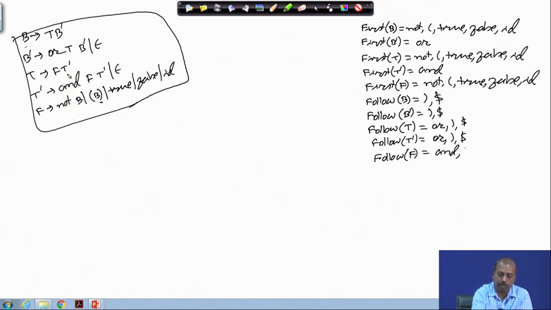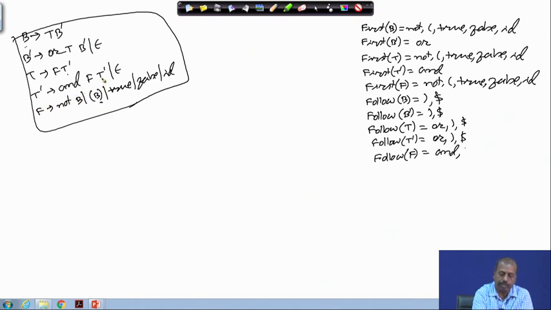So, whatever is in first of T dash we have taken it here, and whatever by this rule will be in the follow of F will be in the follow of B. And by this one, see this T dash producing AND F T dash.